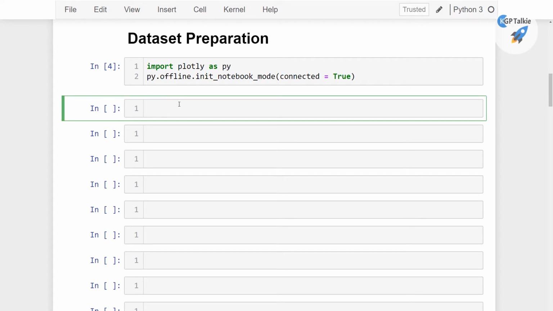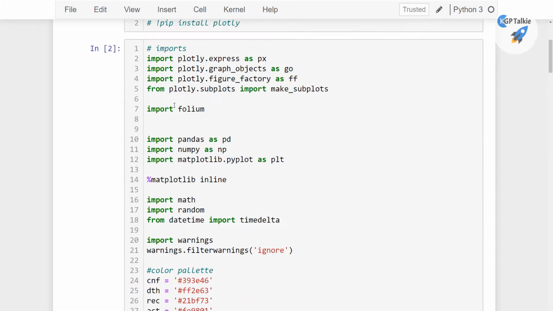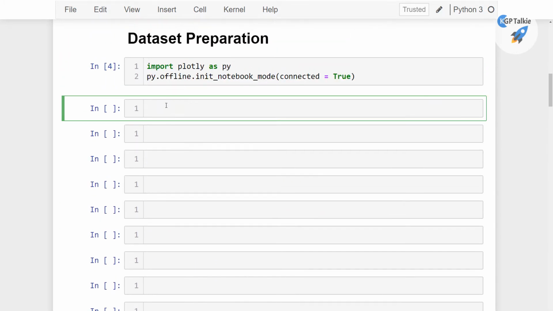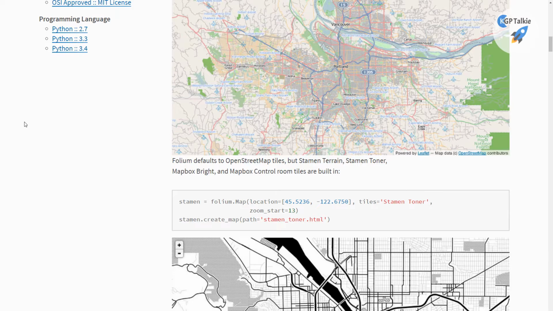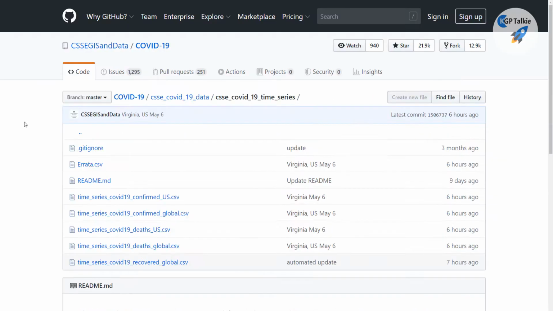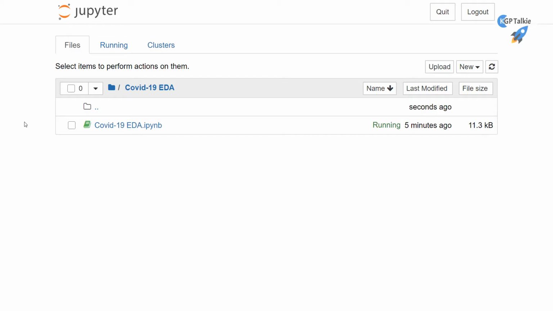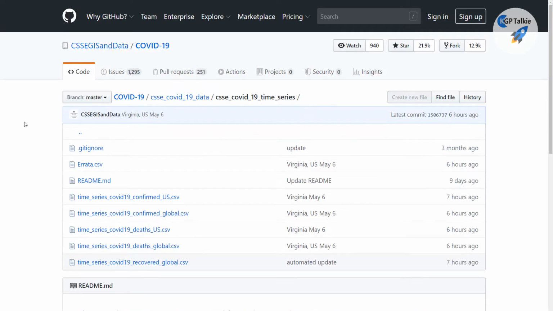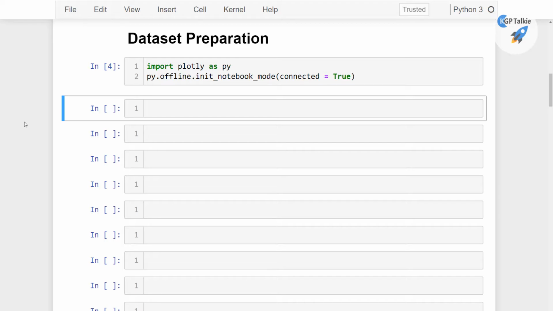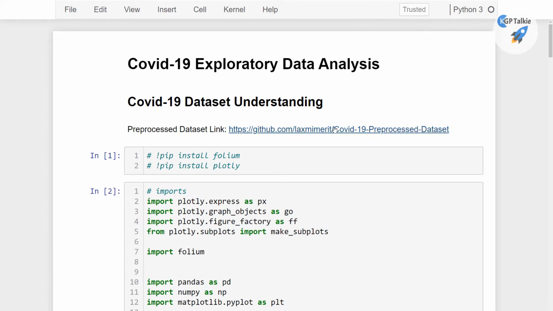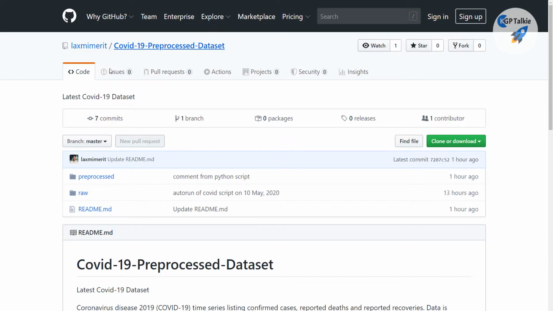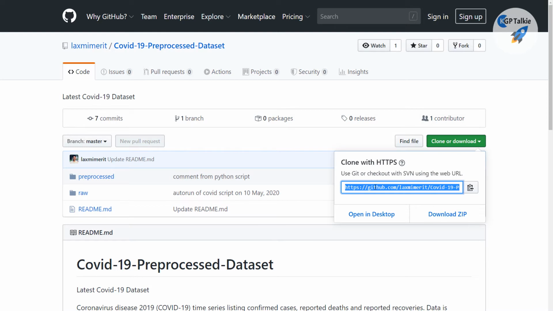Alright, now we have everything ready. Let's go ahead and git clone the data set which I had shown you. Let me show you again, which is already available at my GitHub repository. Let me see, where is it? Well, I think it's not here. Let me get that data from here. So you can get that data from here directly, not a problem at all. So this is the data which we are going to git clone. Alright, so you can git clone this data. Come here and copy this link.